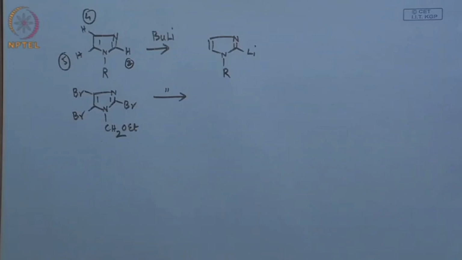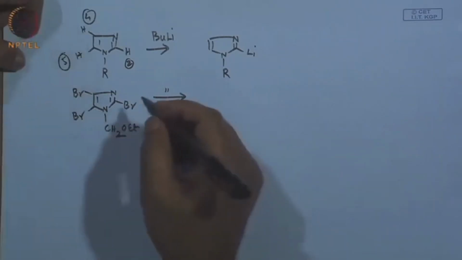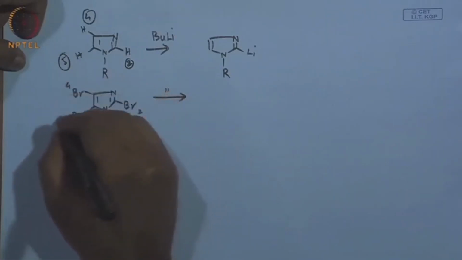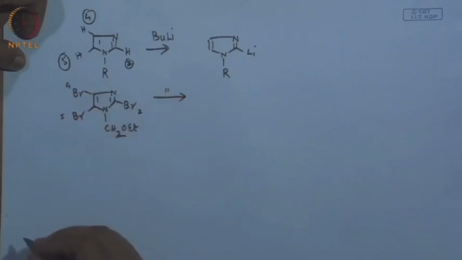So, what do we expect? Okay. So, that means again this is 2 and 4 and 5, and what is the reason you said is